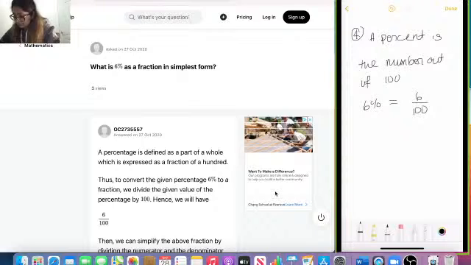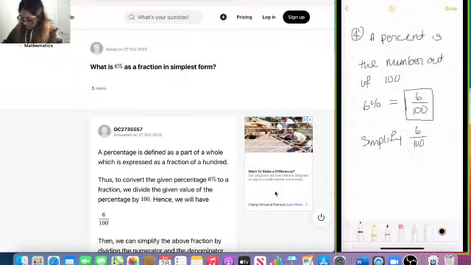And so then you can simplify this fraction. So this is basically the fraction, right? And so if you want to simplify this fraction, you would have to find a number which is both divisible by 6 and 100. Since 6 and 100 are even numbers, you can try with 2 basically. So you can say simplify